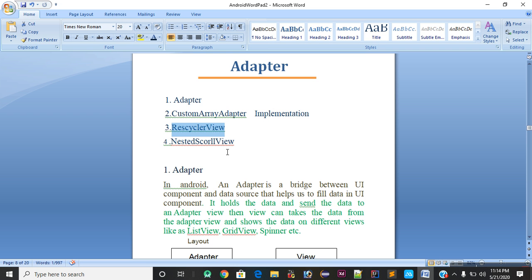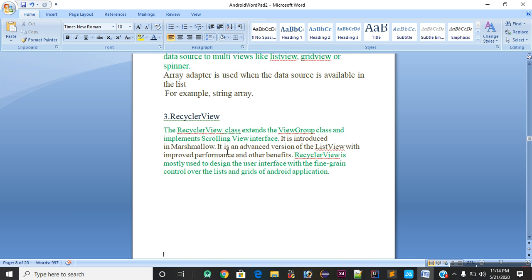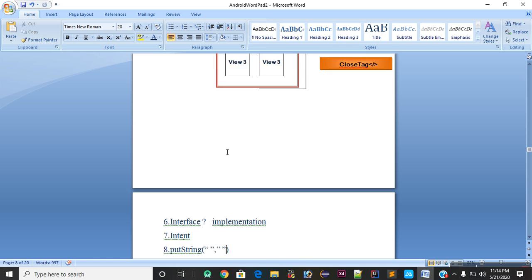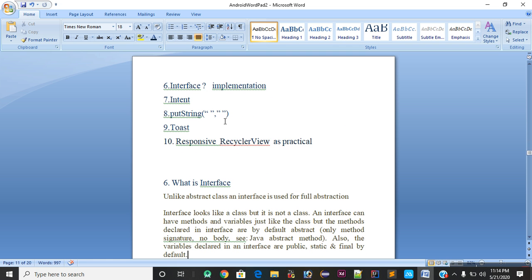So let's discuss what topic we are discussing today. Today, guys, I will discuss interface properties, how to declare an interface inside of Android, and how many types there are. Second, I will discuss intent, how many types of intent there are and why to use the intent.